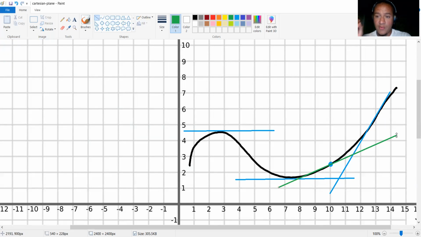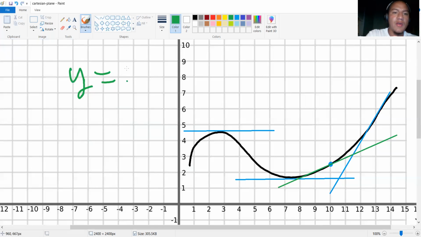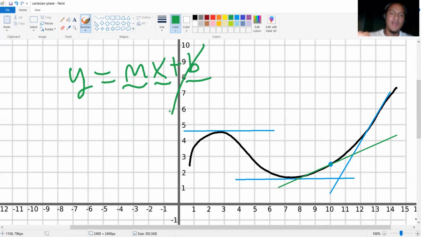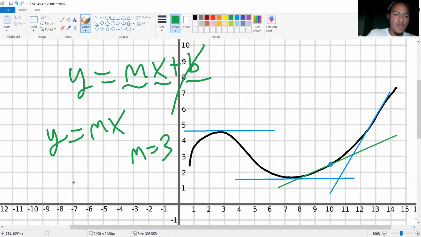And one interesting thing to see about all these lines is that they're linear functions. So they have the form y equals mx plus b. Now, if you don't know what it means exactly, it basically means we're multiplying some number by another number, plus some number. This number doesn't even have to be there. So you could have something like y equals mx. And if we have m equals 3, then you have y equals 3x. That just means you multiply a number by 3, and then you get another number.